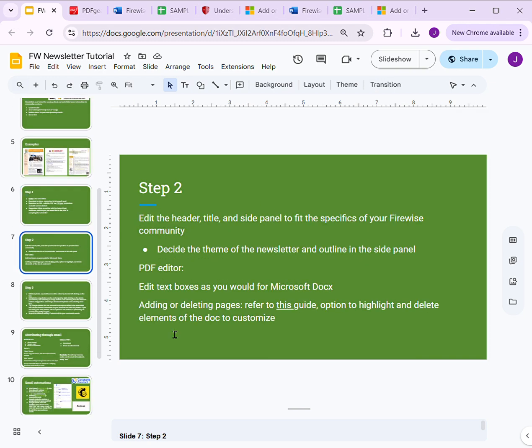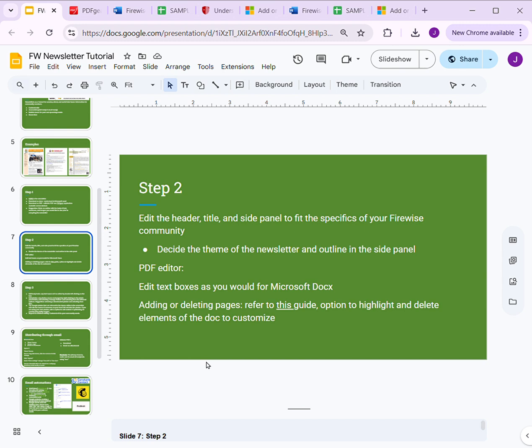Step 2, edit the header, title, and side panel to fit the specifics of your Firewise community. This is where you decide the theme of the newsletter and give a short summary of what will be in the newsletter. In the PDF editor, it should be about the same as editing in a Microsoft doc.